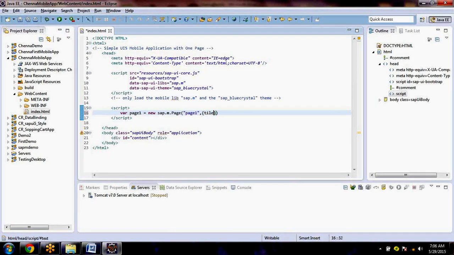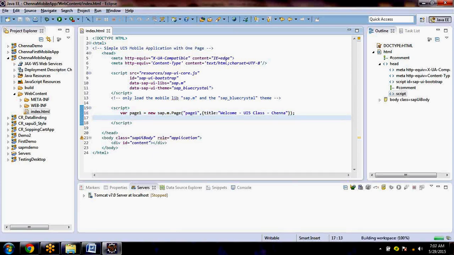Our page should have a title, so I'm putting title as, T-I-T-L-E, something like Welcome to UI5 class journal. Now end this one. Okay, so I just created a page. Then I need to attach the page to what?